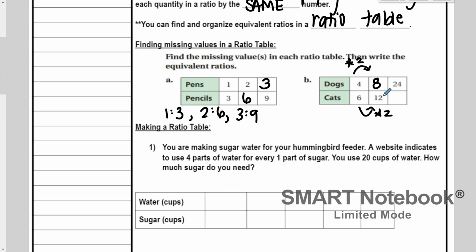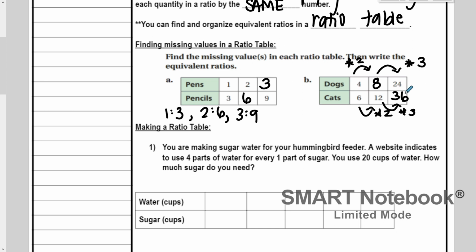Now I'm looking at that last column and I can't go from 12 to nothing. So I look on the top and I have 8 and 24. So I think, 8 times what is 24? And I'll give you a minute to think about that. It would be 8 times 3 is 24. Whatever we do to the dogs, we have to do to the cats. So we would do 12 times 3 to get